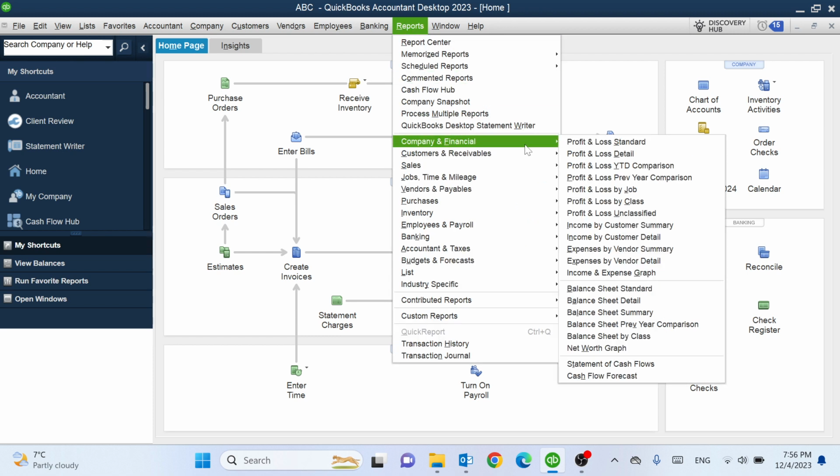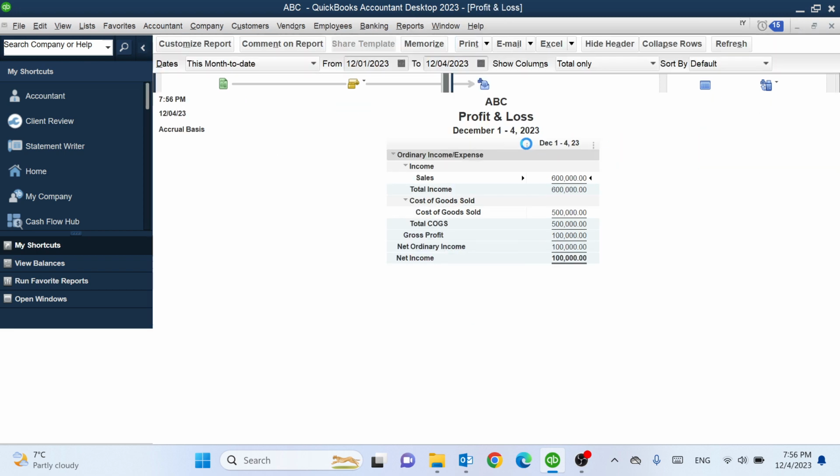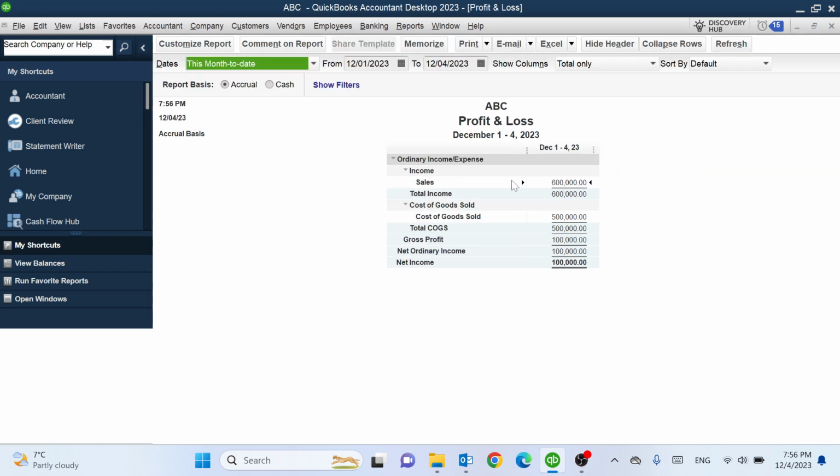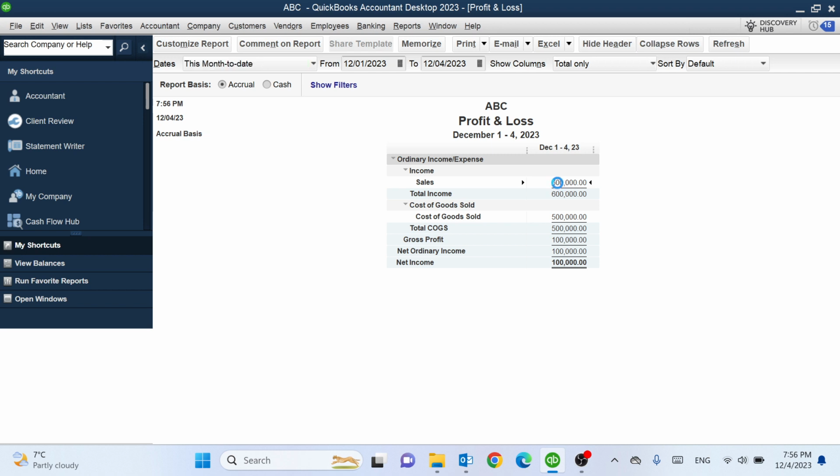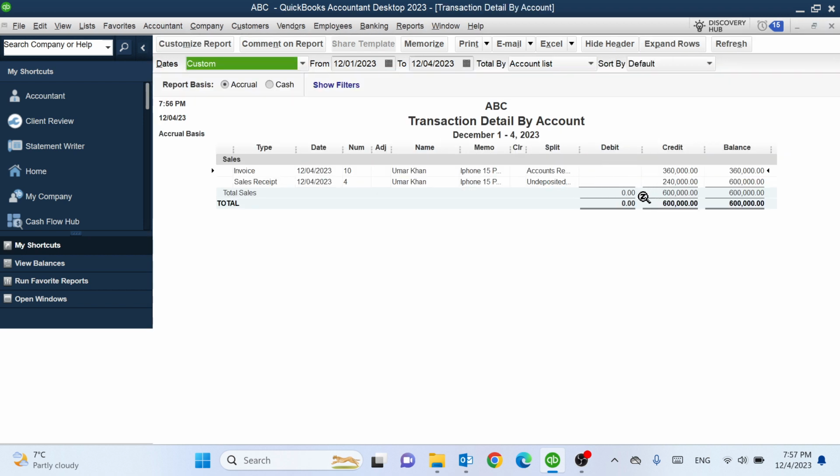You can check from Reports. If you want to delete it as well, you can click on Reports, then click on Company and Financial, and then click on Profit and Loss. Here you can see sales: 600,000 sales we have in this month. Here you can see the sales number 4, and here you can see the amount that is credited to our profit and loss statement,